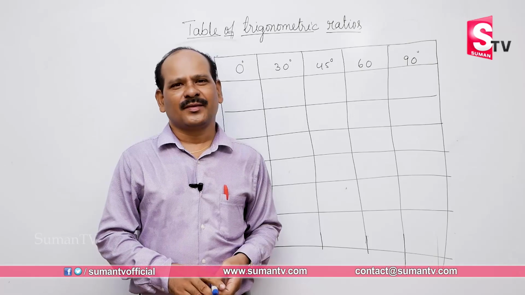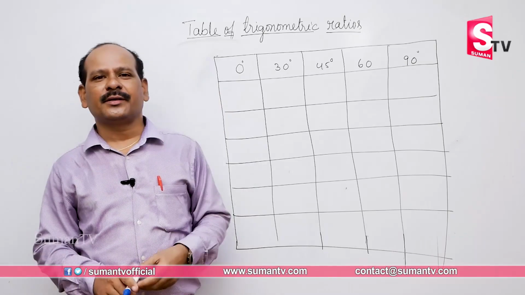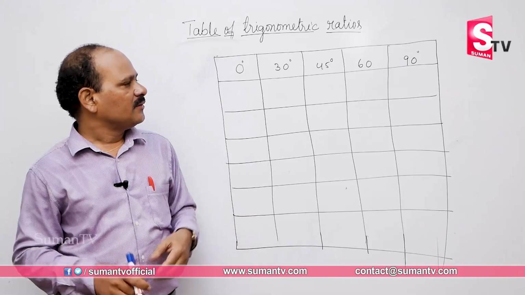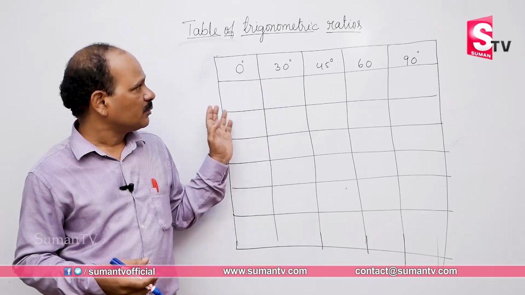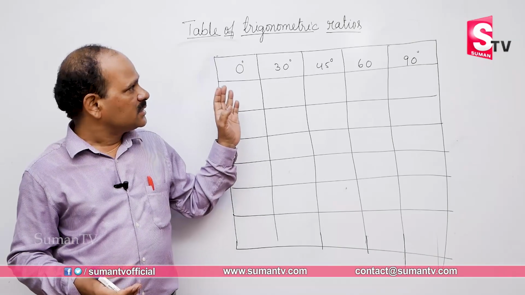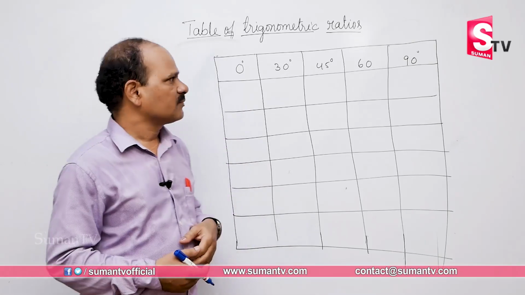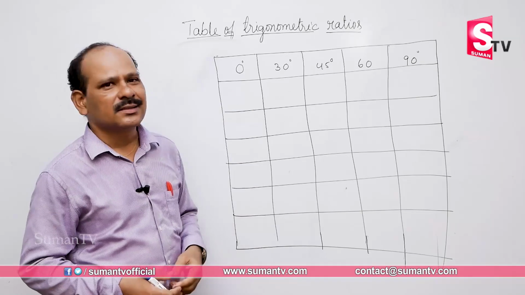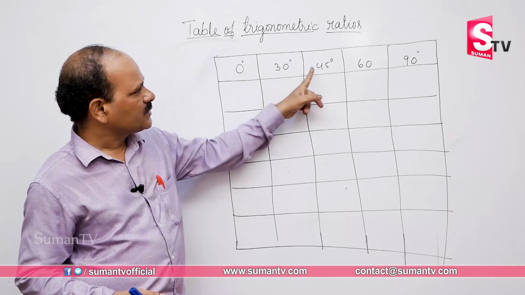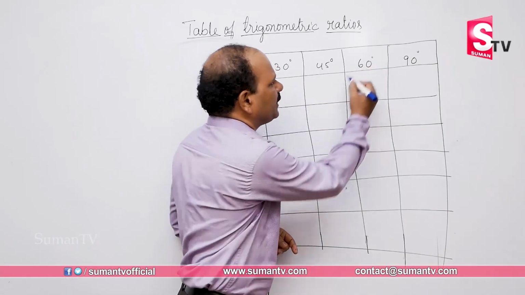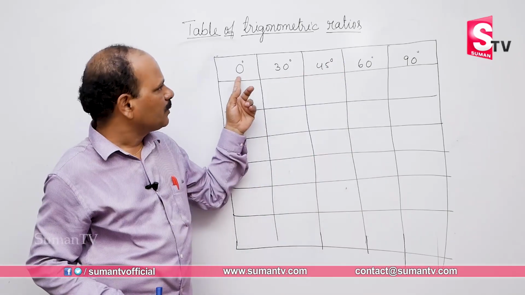This is Vishnuvardhan sir. Today I am going to explain the table of trigonometrical ratios. Most of the students find it very difficult to remember all the trigonometrical ratios. For them, this is the table. You can construct this table within 5 to 6 minutes. I will tell you how to construct the trigonometrical table easily. These angles: 0 degrees, 30 degrees, 45 degrees, 60 degrees and 90 degrees. There is no other way, we have to remember these angles.